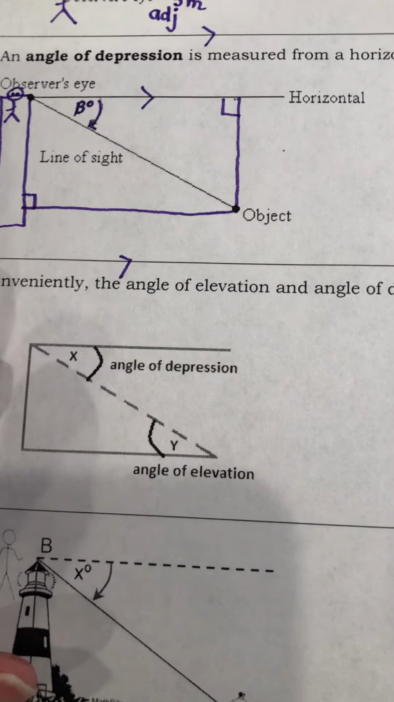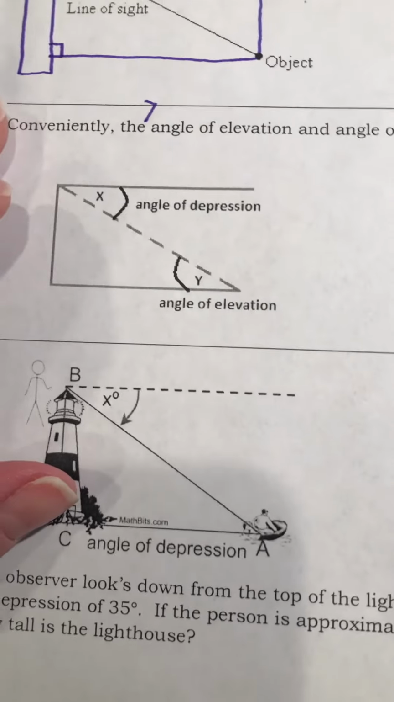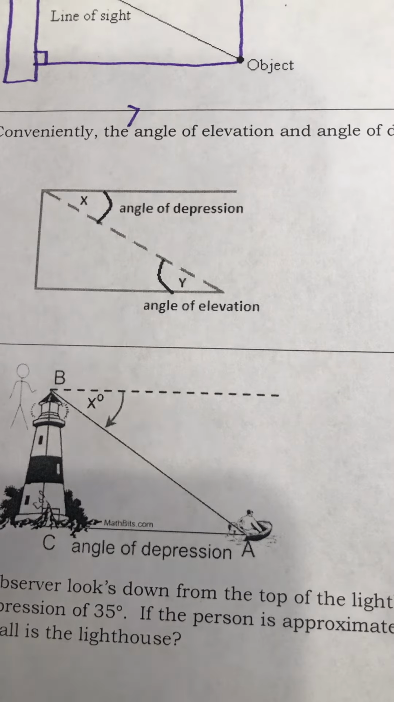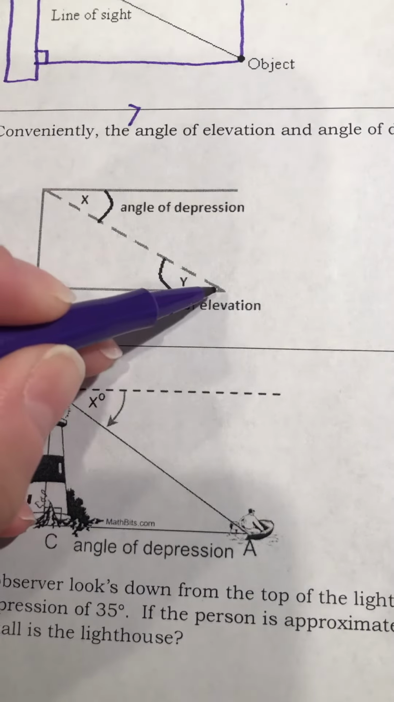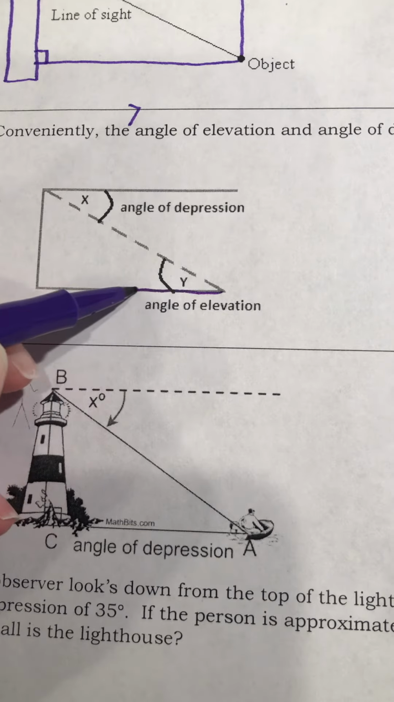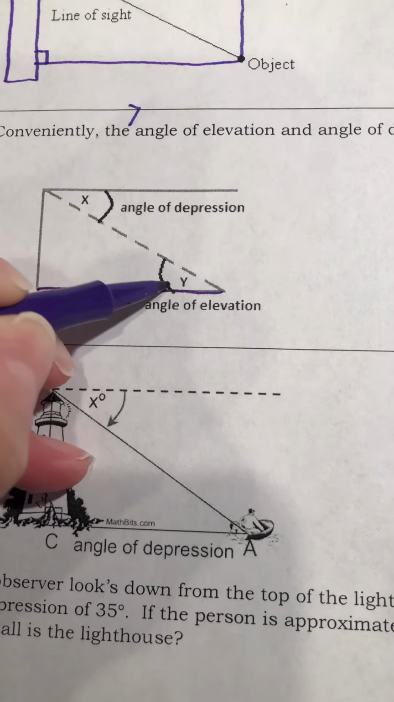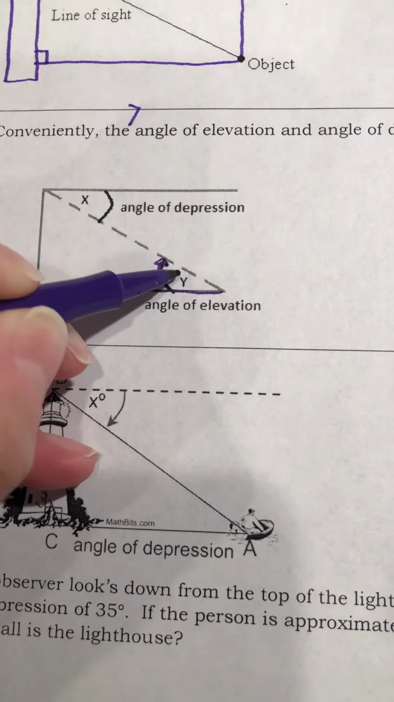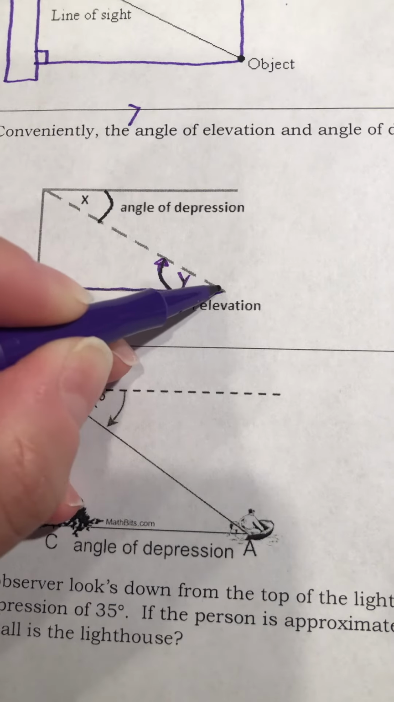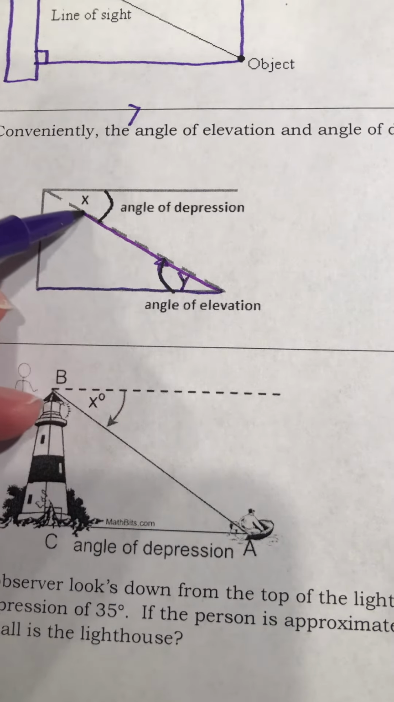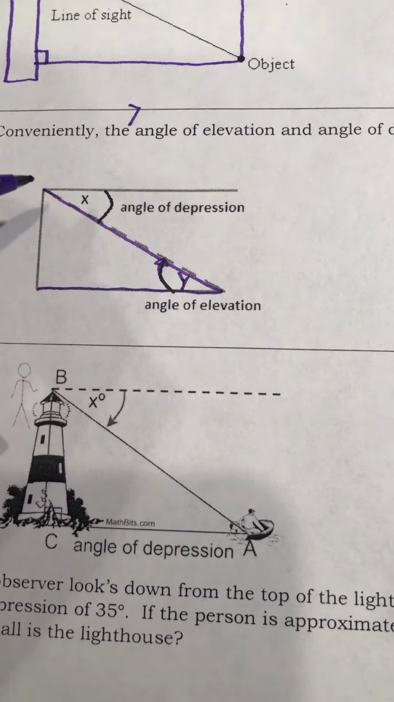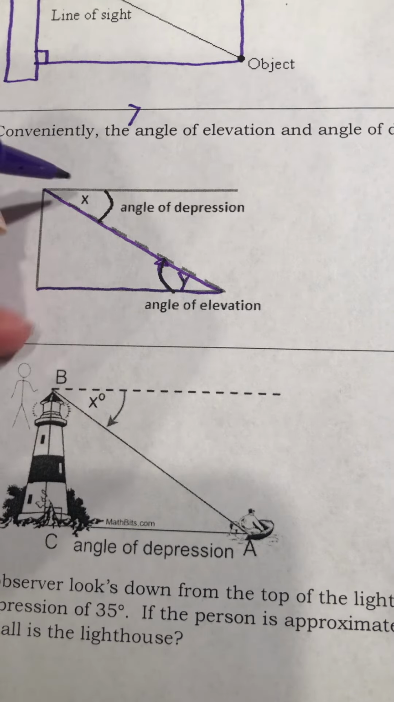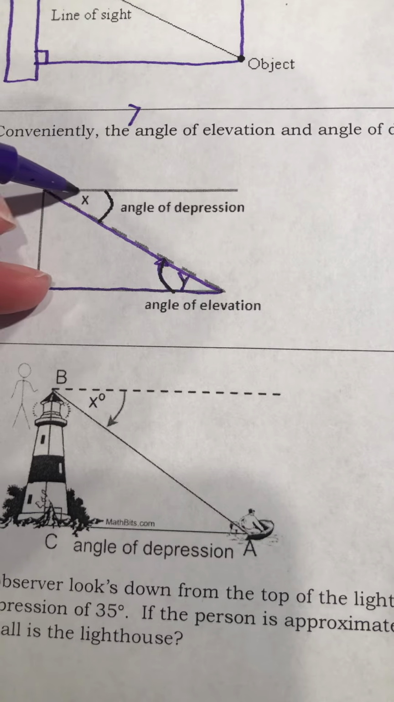So conveniently, if I want to look at the relationship between angle of elevation and angle of depression, what's interesting is they actually form alternate interior angles. If I look at my angle of elevation, right, if I start with a horizontal line of sight and I look up, here's my angle of elevation, right, because I'm looking up at an object. Angle of depression is horizontal line of sight,